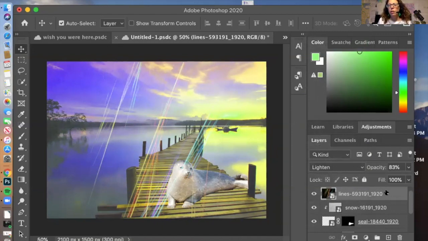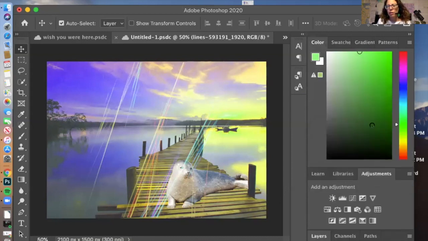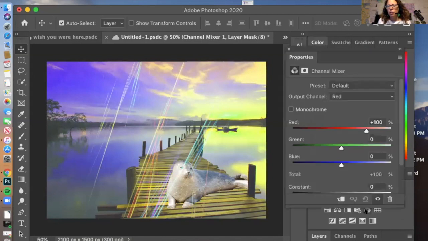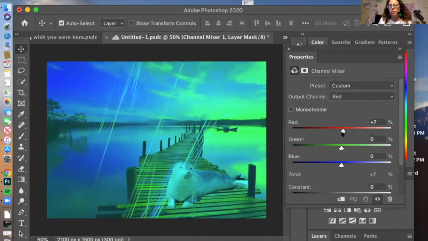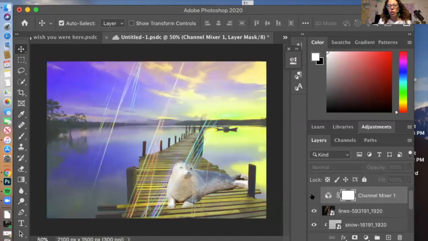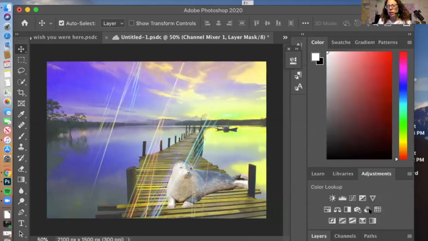One of the good things about Photoshop is you can be very detailed about your adjustments. So I can go here to adjustments and choose maybe a filter. And this is gonna look like it's happening. So if I don't want it, I just turn it off. And I can add another one. I can add